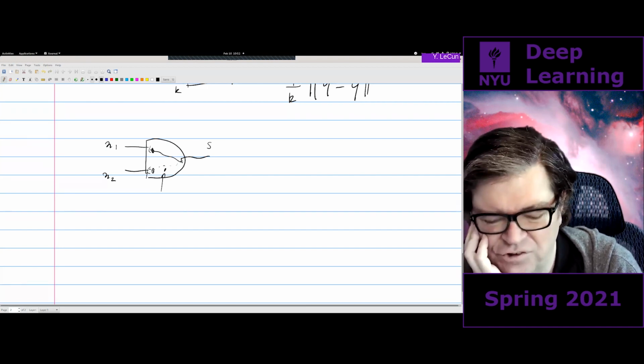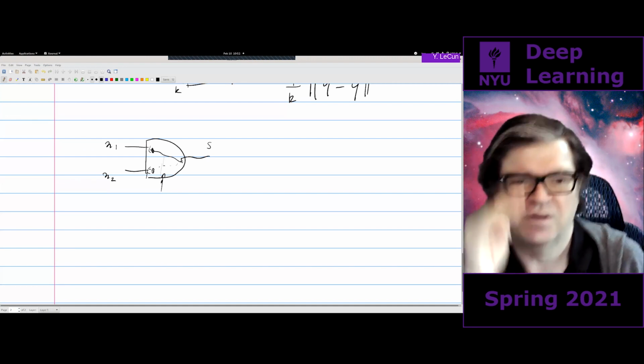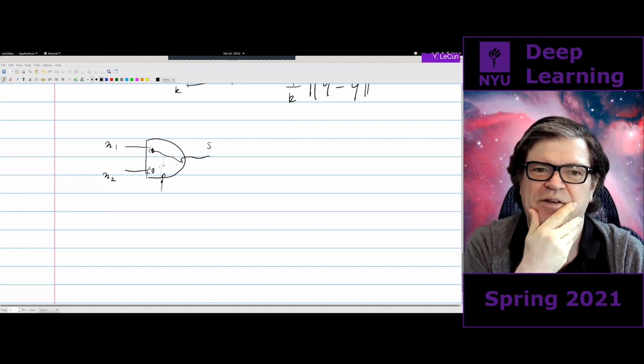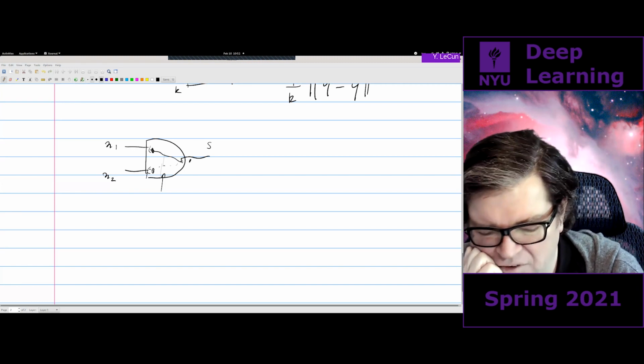Okay, so we can move this switch to select x1 or select x2, right? And a module like this, the switch module,